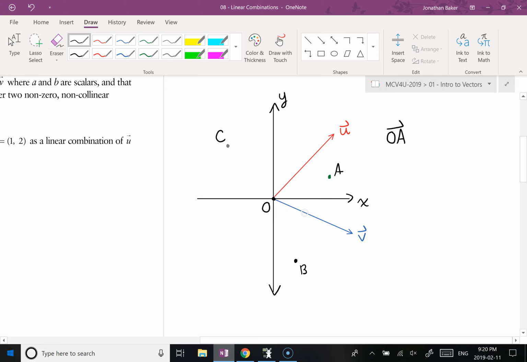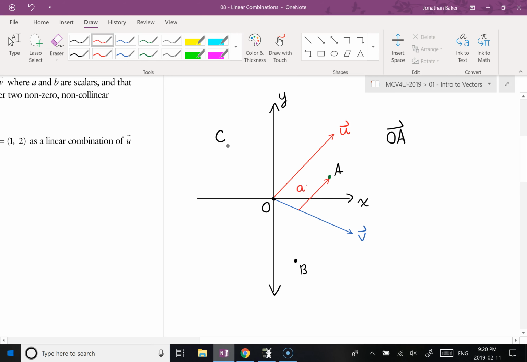Until we get to a point that we could travel to A from, that would be parallel, so that we could go along U a certain distance, right? So if we came, say, to about right here, then we could use part of U to get to A, right? And I'll just draw that. So this is going to be rough, but approximately here. Now, let's call that, this little guy right here,